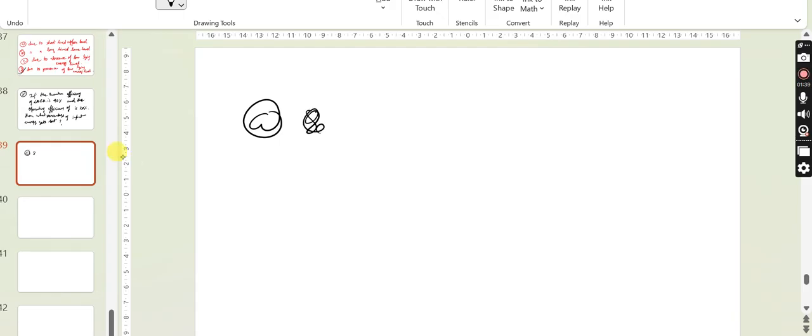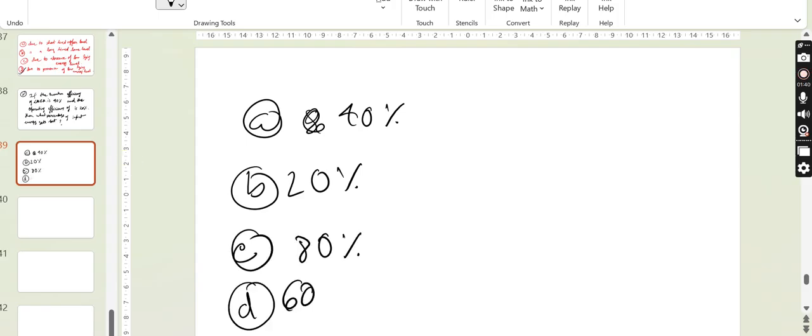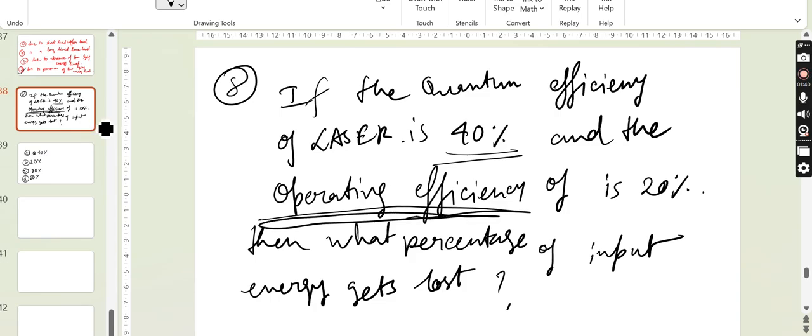A 40, B 20, C 80, D 60%. So here the quantum efficiency is given, but we know that the operating efficiency